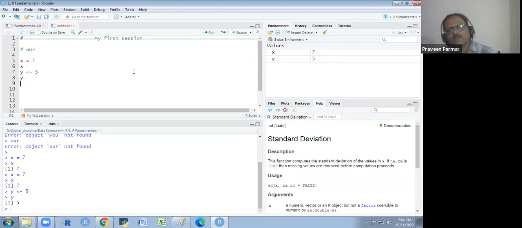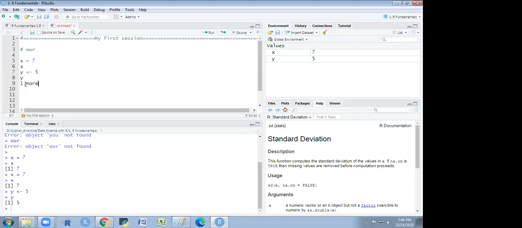x and y are object names. Object names should always be very short, not big, and should not start with any numeric value, like 1.more.